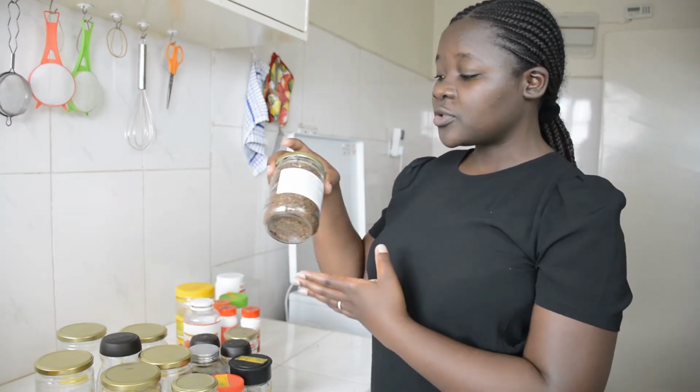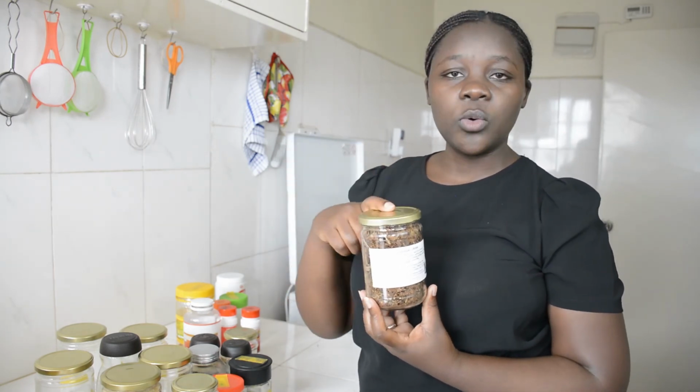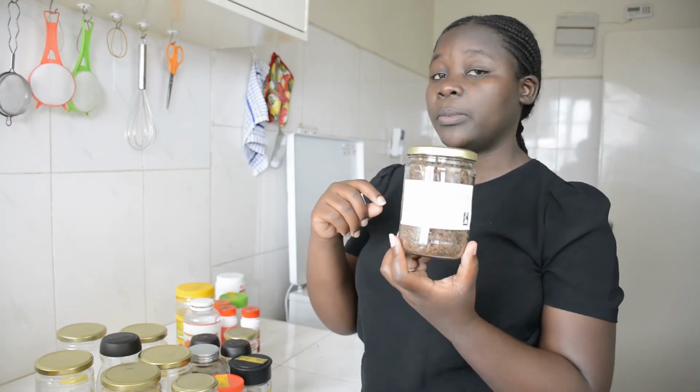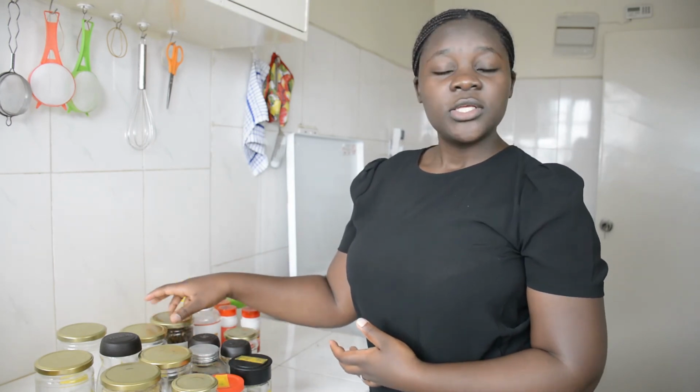Oh, also, for those of you who want this mtundula, I'll leave the contact of the guy who brings it to me because I really don't think so many people sell this, and it's good for your health. So guys, that's it. I hope I've helped someone who was looking for these spice things, and let's make our kitchen beautiful